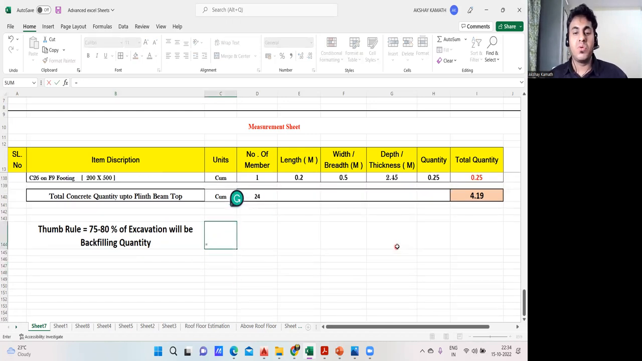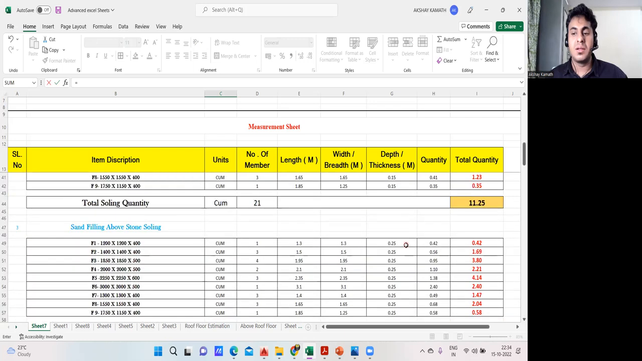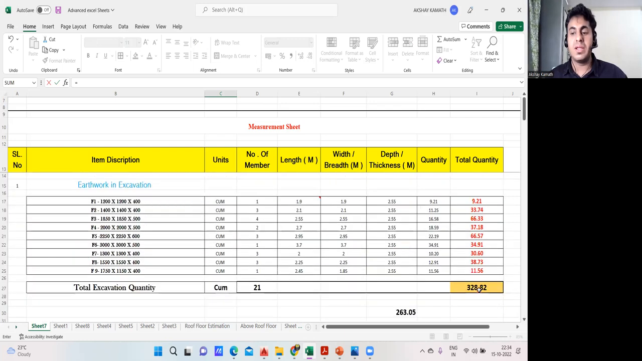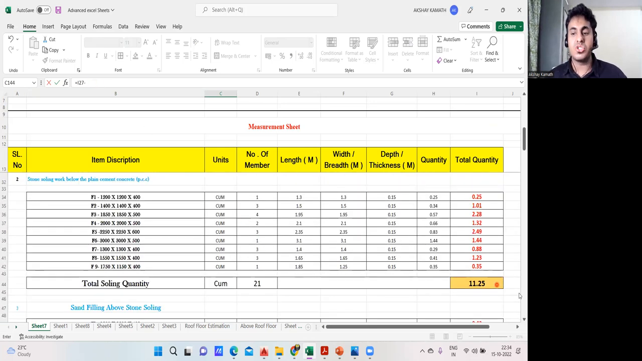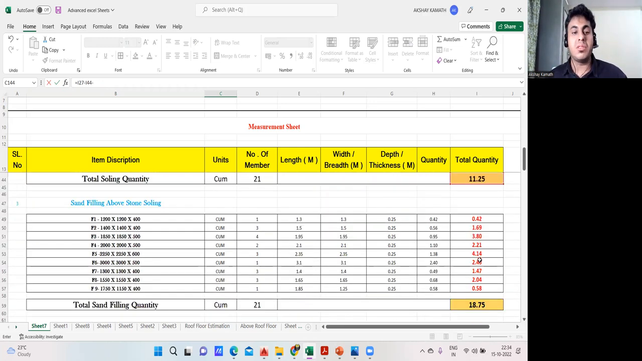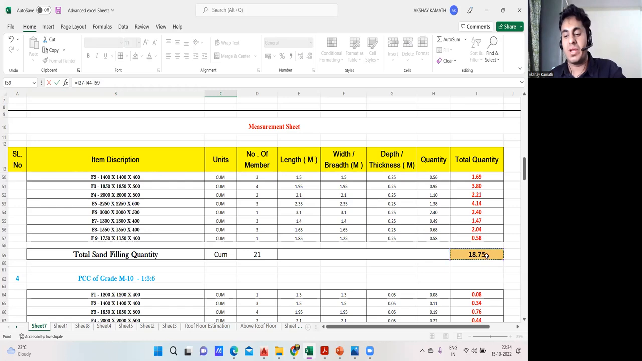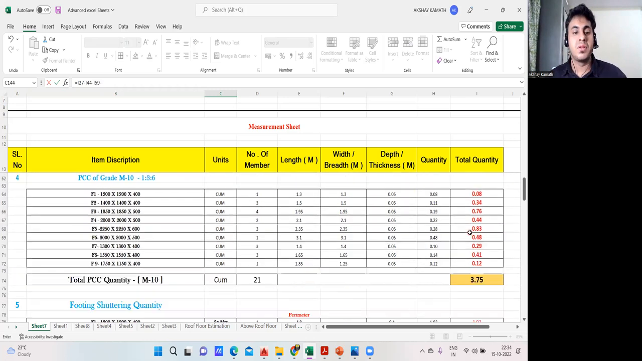Equal to sign. What is my total excavation quantity? My total excavation was 328.82, minus. I've put a minus symbol here. So in this, I'll take out my stone soling quantity, minus, because that is already filled, no soil is going to go there, minus my sand filling quantity 18.75, minus my PCC quantity,